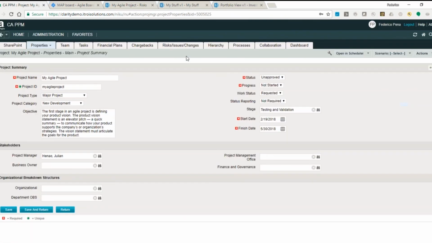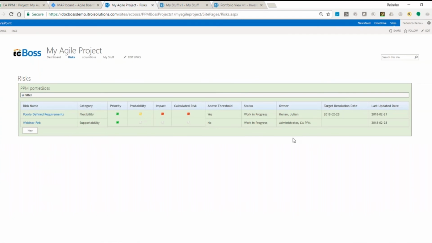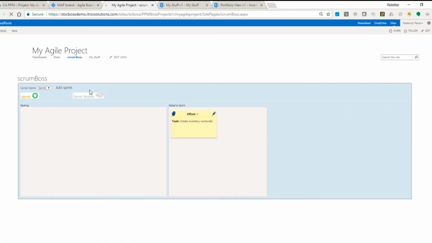All right, and here now we have the two risks, and we have a common view, right? Even though your project manager from within CA PPM might want to go through and visualize this data through CA PPM, they have a common platform where they can visualize it. Or in another case, somebody might say, well, you know what? We need to add something or add a comment or a particular task